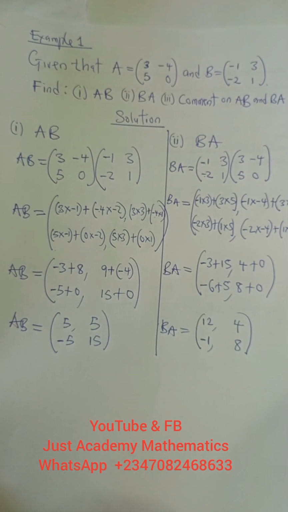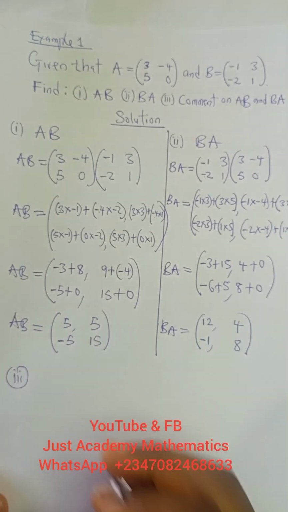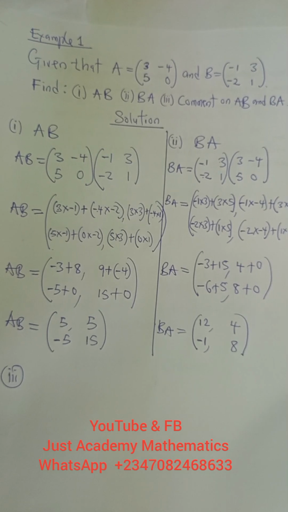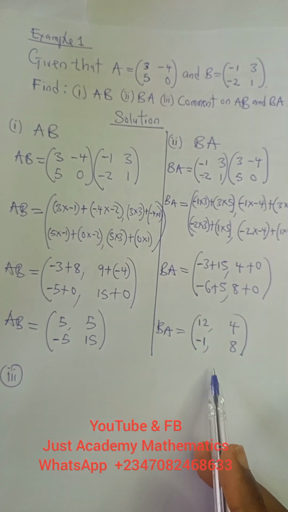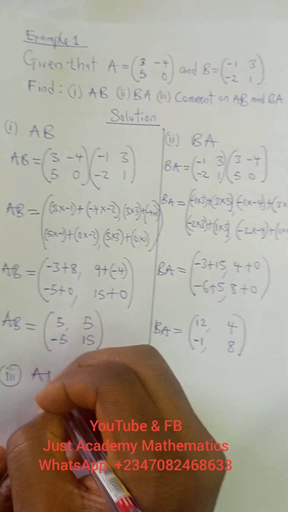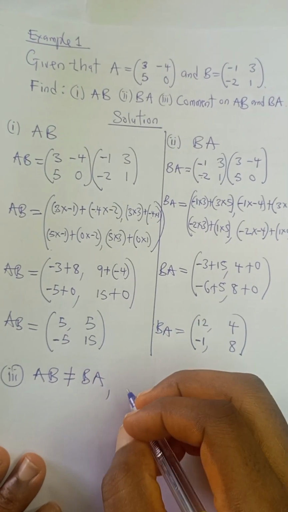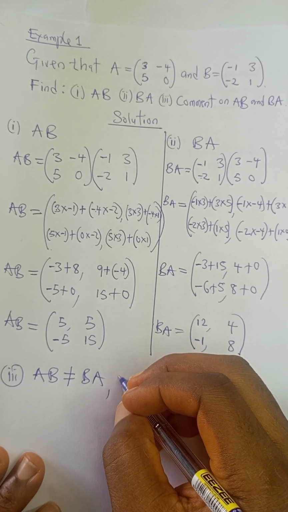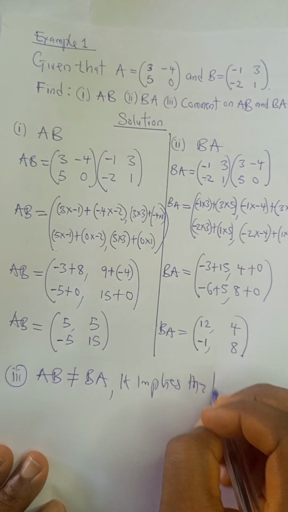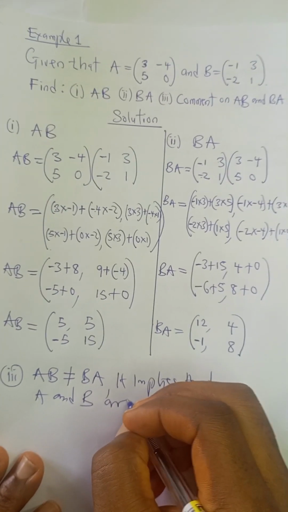Now, notice something, because we want to answer III. III is a comment on A and B. Notice that A times B is not the same thing as B times A. So first, in our comment, note that AB is not equals to BA. What does that mean? It implies that matrix A and B are not